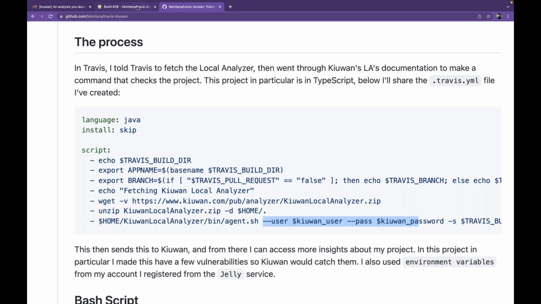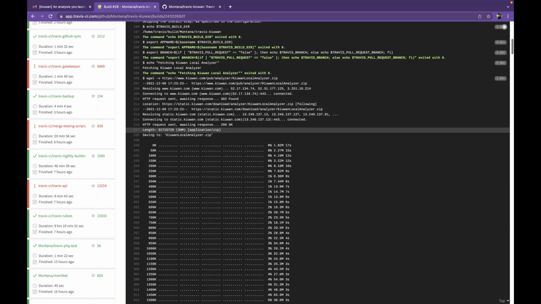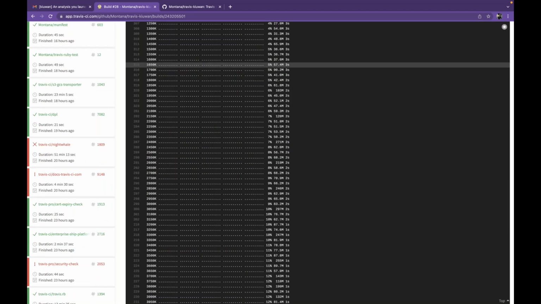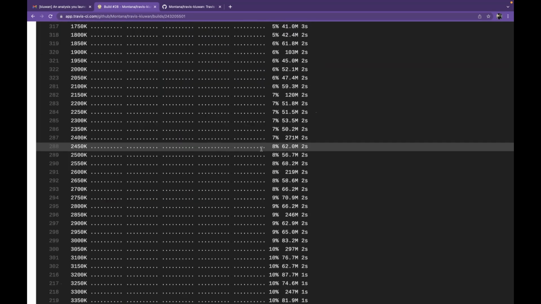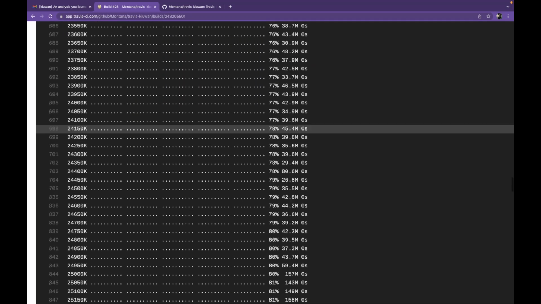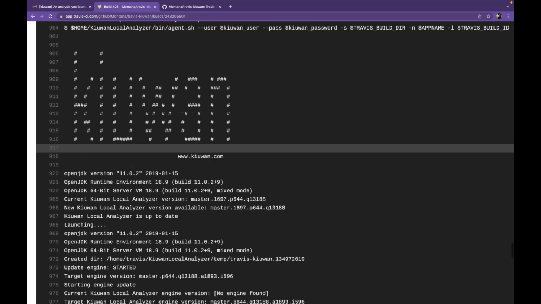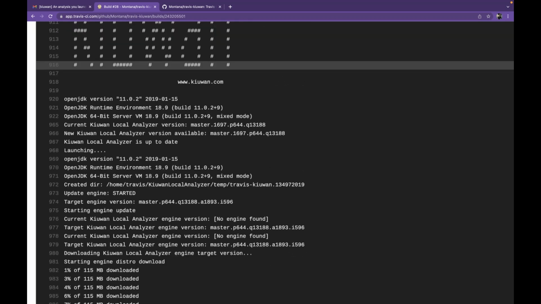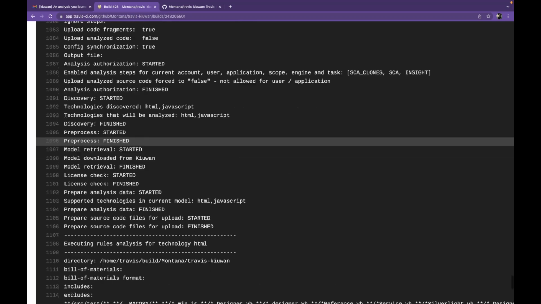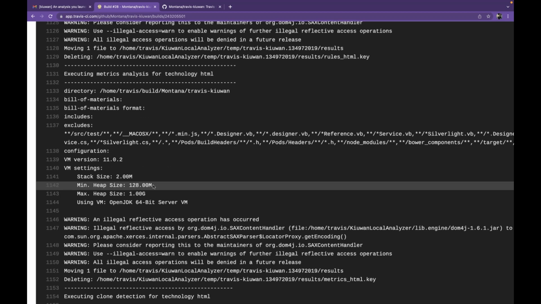All right, let's see how our build is doing. Looks like it's doing pretty well, actually. Looks like Kiuwan has been invoked. Yep, Kiuwan has been invoked, folks. And you'll see the heap size of the VM settings.